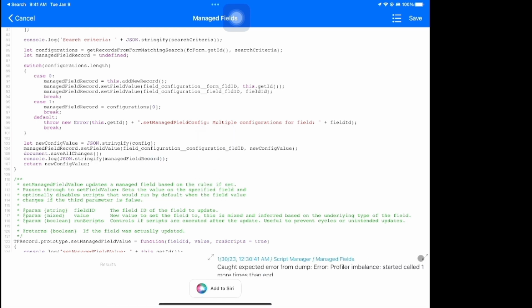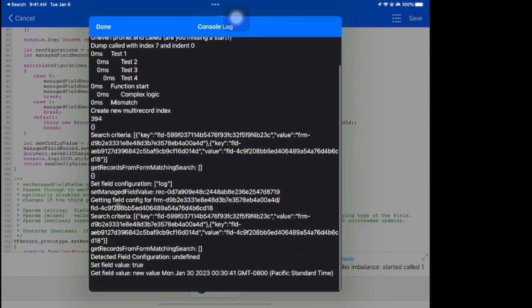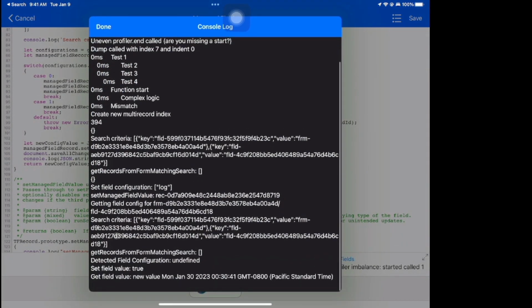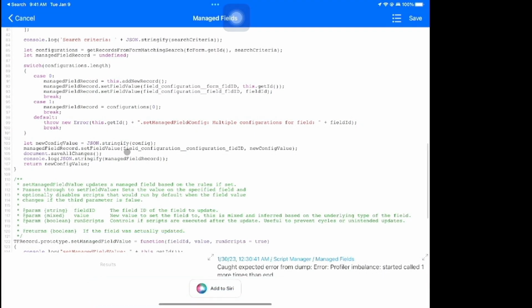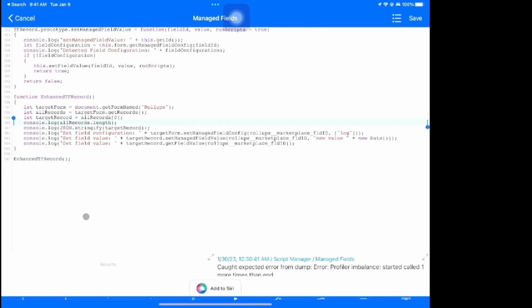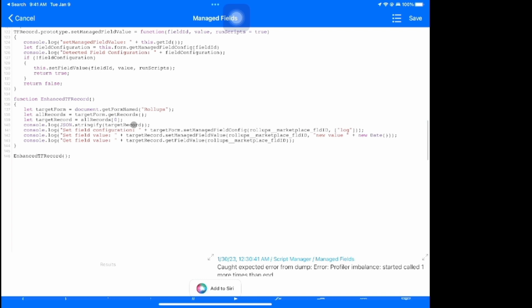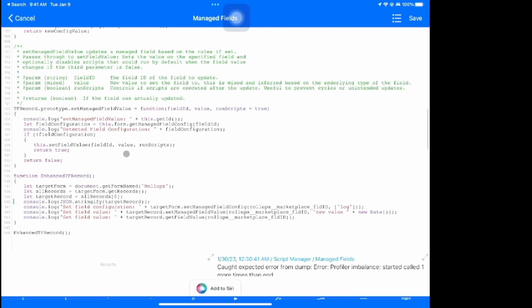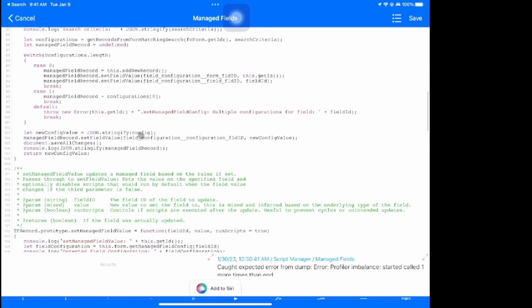Run. Okay, let's get rid of some lines. Let's get rid of that. We'll keep the target record because that shows that we maybe got something. Let's not stringify. Let's just output it raw. Actually,